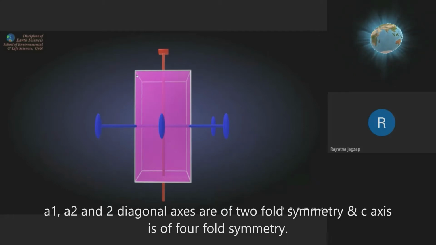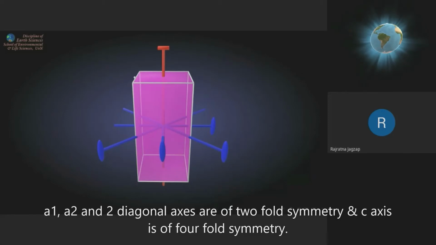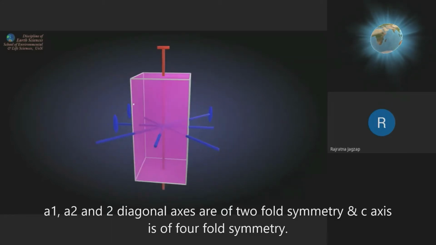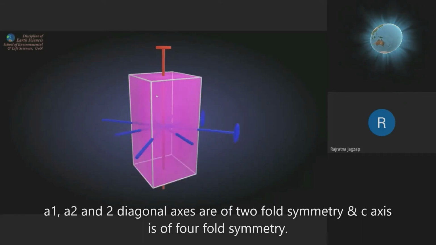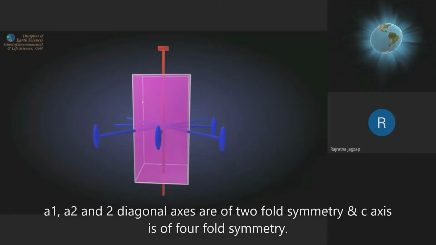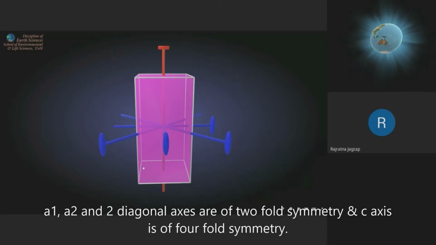Now, at the front position, I can see this one face. Can you see here? This face. Now rotate. The second face, similar to the first face. This third face, similar to the first face. This fourth face. And the rotation is completed, this one we have already counted. So there are 4 faces which repeatedly appear at the front position when you rotate the crystal along the vertical axis.